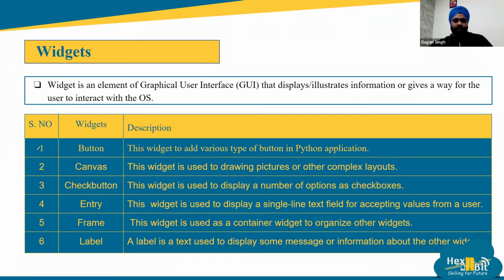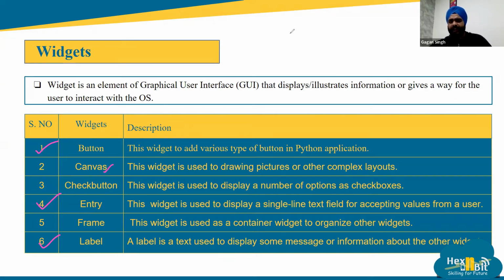Okay. So in today's session, we are going to use button. We will be using entry and we will be using a label. Right? We will be using these three commands. So button is something through which we can interact, like if we click over it, something will happen. Canvas is a sort of thing over which you can draw your own imagination. There are different shapes and functions available which you can use and you can easily draw with Canvas.